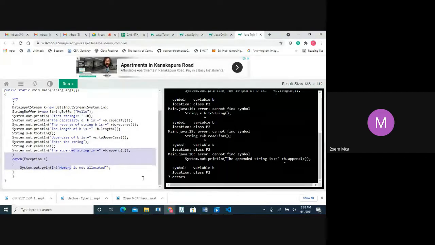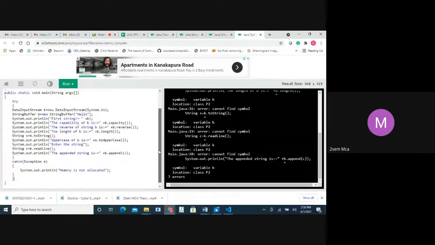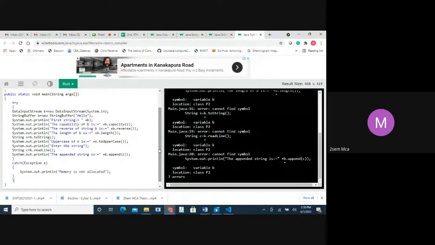And they have done it very nicely. See, blue color, these words are different colors also. There is some meaning for that. That's the reason I have used this online compiler.